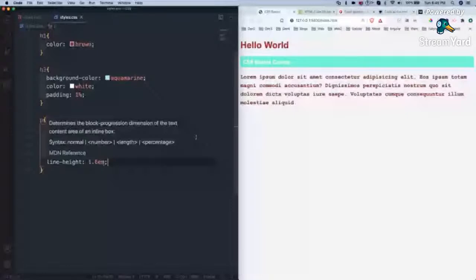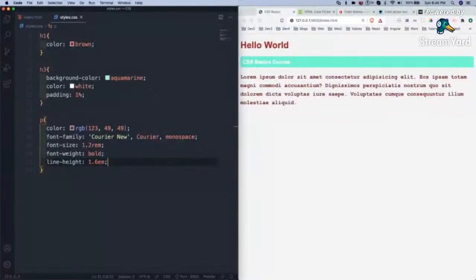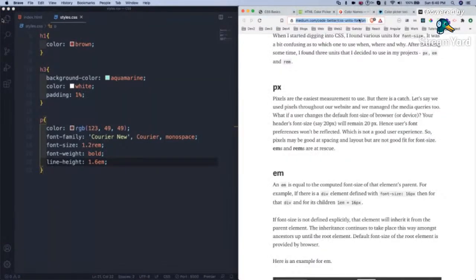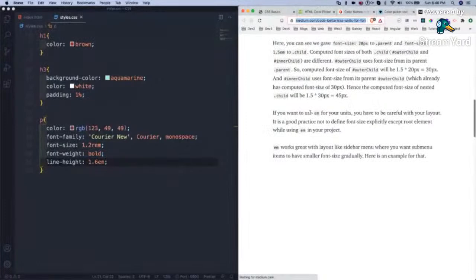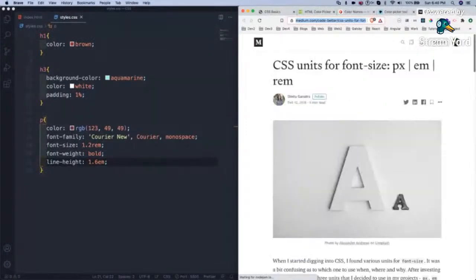So there is a bit of calculation there, and there is a very good article which I have found. I will share this because I don't have much time to go into detail. It's only a 3-minute article, and you can learn the difference between REM, EM, and Pixel. Nowadays, mainly people use REM and EM only.